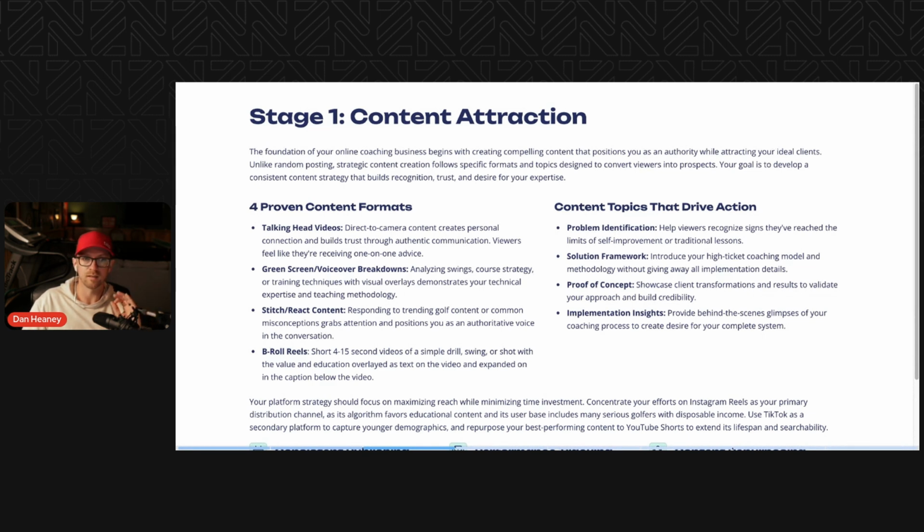So it's quick, it's concise, it's to the point, there's captions, it's edited well, it's in a 9:16 format. All these things are really important. Other formats that you can use: green screen and voiceover. So doing swing analysis, you can use the platforms that you have access to through V1 to be able to have a student's recorded swing that you do a voiceover analysis on, and then repurpose that content on social media. That is an amazing way to build trust in your authority as a coach